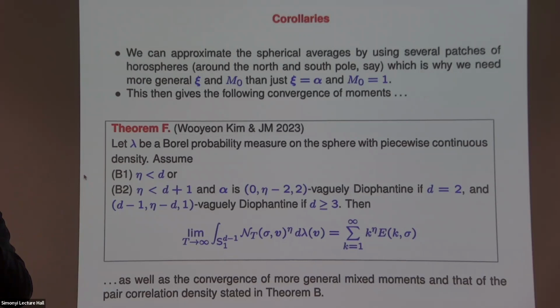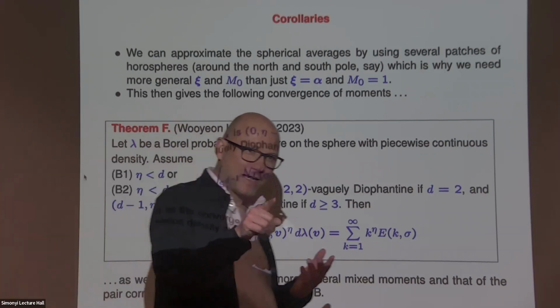So that's, I think, a beautiful observation that, of course, we knew before, we just didn't have the convergence of the moment. So that was the last missing ingredient. And I was a little worried about not having a Diophantine condition. I always thought pair correlation needs a Diophantine condition. But the reason why we don't need it, and that's coming back to your question earlier, what happens for rational